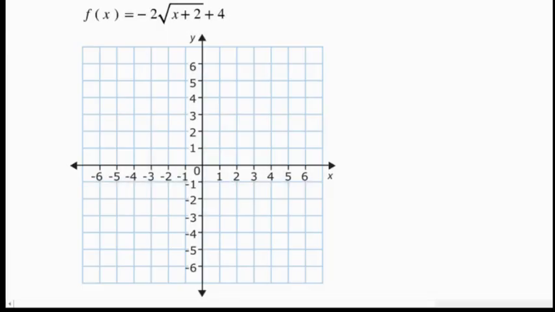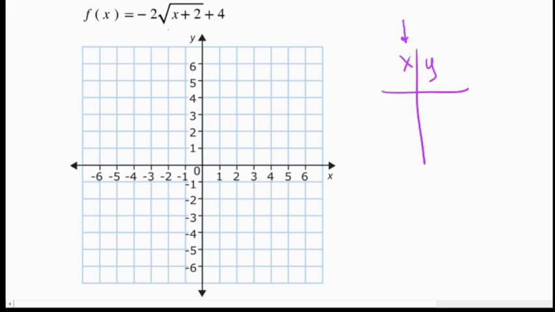Here we're asked to graph this square root function, and to do that we're going to create an xy table here. The important part, I guess the hardest part, really is choosing the x values. We just want to choose them intelligently, right? We want to choose ones that basically make the inside of the square root something that gives us a whole